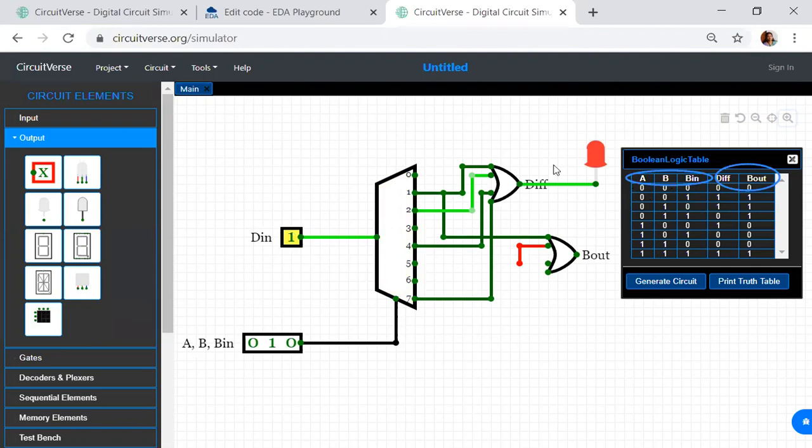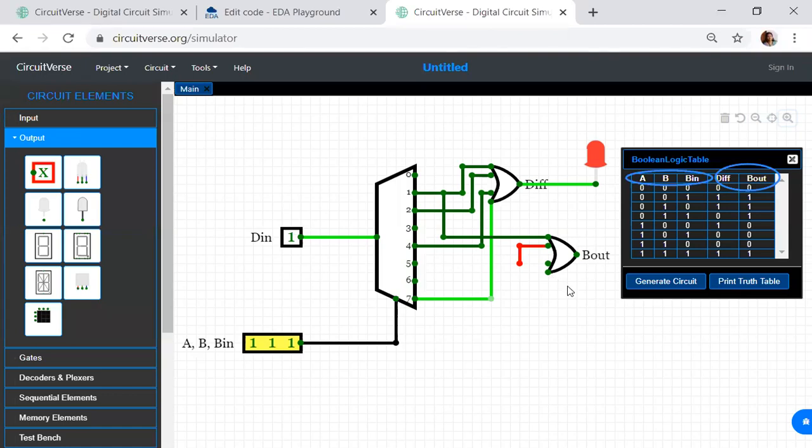First combination will be 0, 0, 0. If I give 0, 0, 0, you can see the difference is 0, so the LED is not glowing. Suppose if I give 0, 0, 1, what happens? Difference should be 1, so the LED is glowing. Now if I give everything as 1, again the LED will glow for the difference.